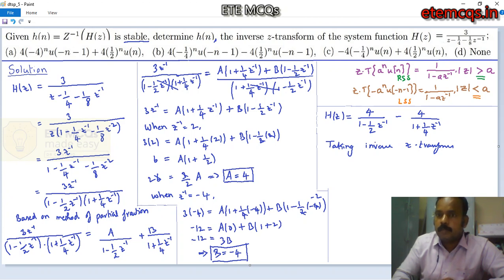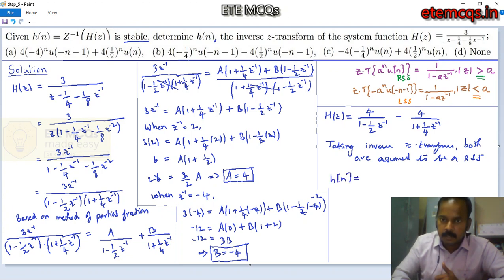So both should be a right-sided sequence. If both happen to be right-sided sequences, the overall ROC will be outside 1 by 2. Both are assumed to be a right-sided sequence. If both happen to be a right-sided sequence, then obviously you will get the overall ROC to be outside 1 by 2. So when you take the inverse Z transform, H of Z on taking inverse Z transform will get you